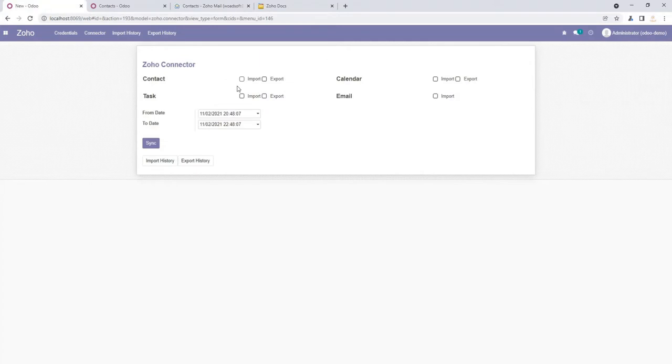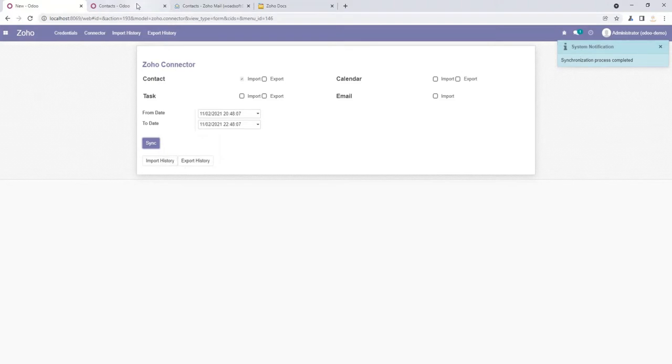We simply click the import button, and we can adjust the time frame, but we are working in the current time frame. We go ahead and click the sync button. It will take a few seconds, and you can see the synchronization process is completed successfully.